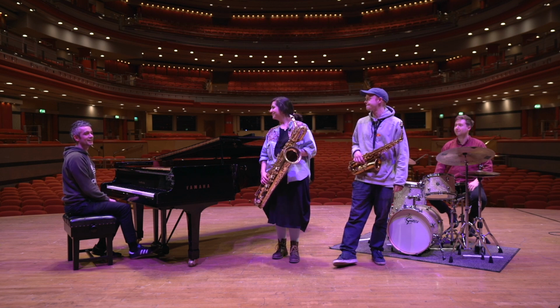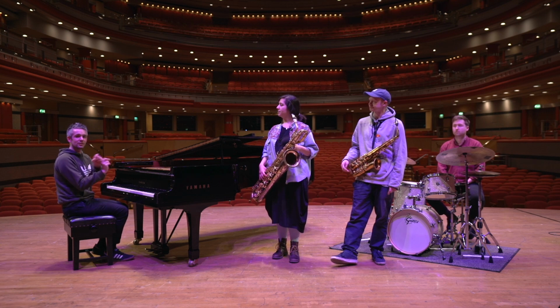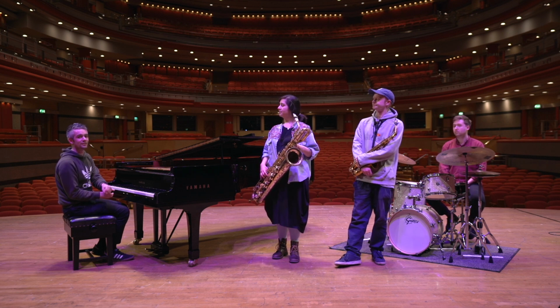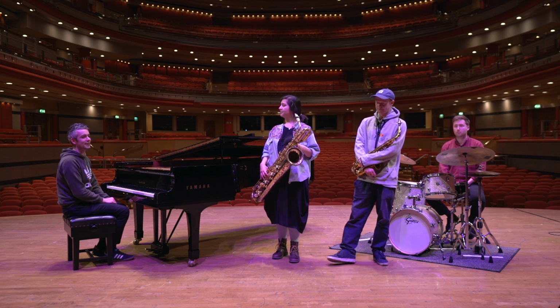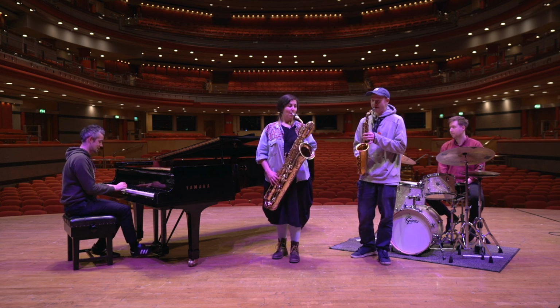Great, lovely, and let's try our Lydian scale, our Lydian triads that we're going to use. And we're going to use the triads of C and D in concert. And then for B flat instruments, that's going to be D and E. And for E flat instruments, that's going to be A and B. 3, and...